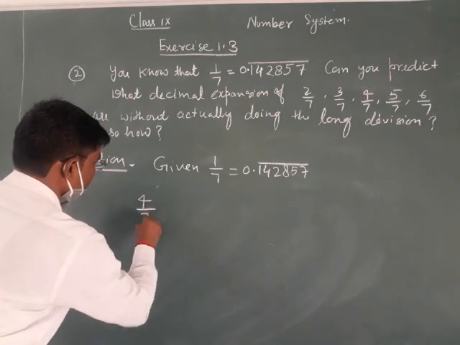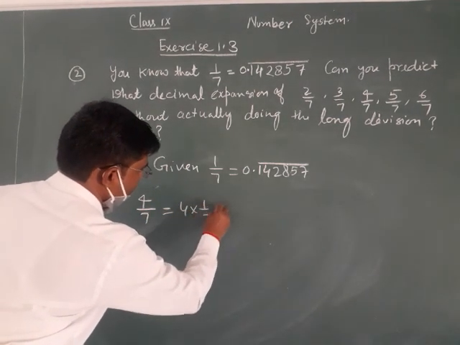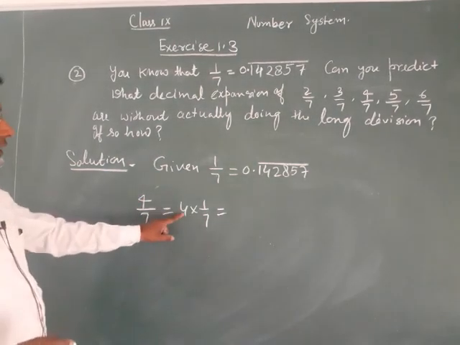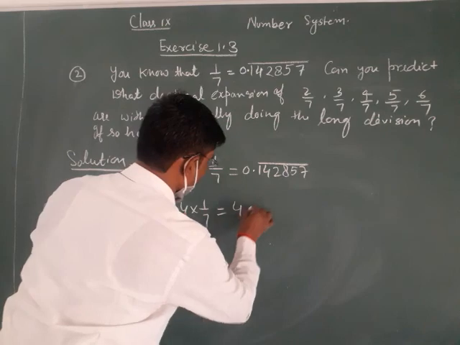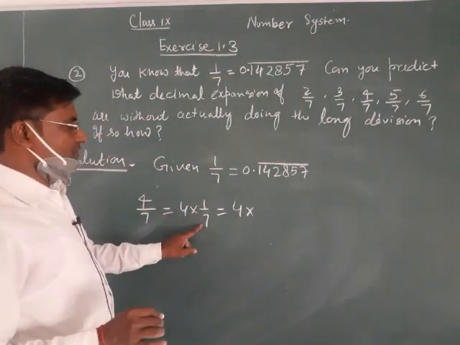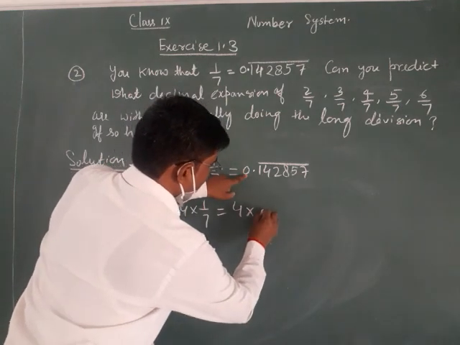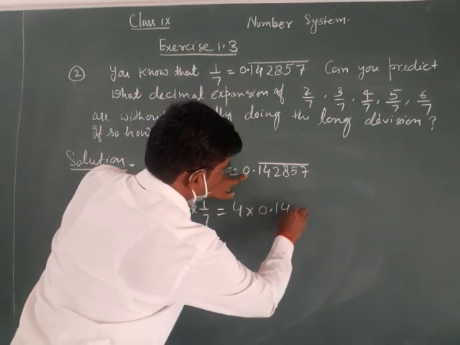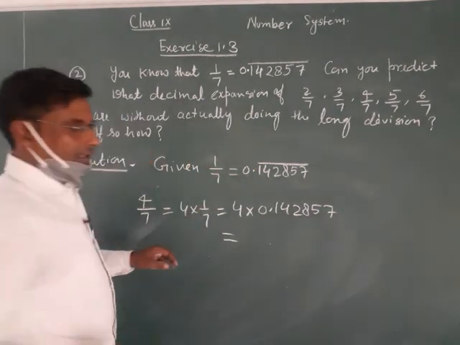4 upon 7 is equal to 4 into 1 by 7. 4 common out into 1 by 7. So 4, now 1 by 7, the value of 1 by 7, 0.14287. We get